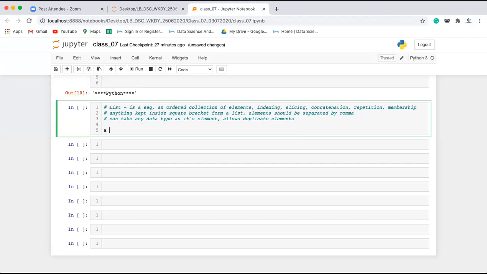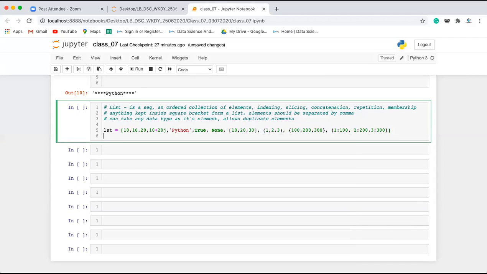type of value. For example, let's say lst is equal to, in the square bracket you can keep, so this is the integer, then we have float, then we have complex, then we have a string, then we have a boolean, none. All these are fundamental data types. Inside this you may have a list also, a tuple, a set, a dictionary, 300. Okay, so you can have multiple elements, any kind of elements inside a list, and if you print,